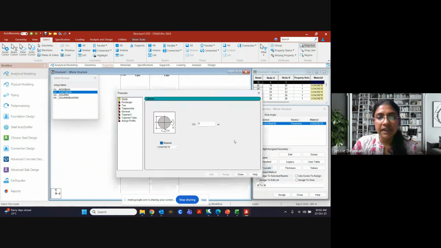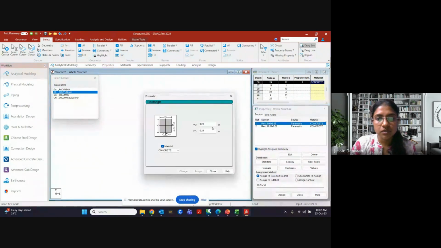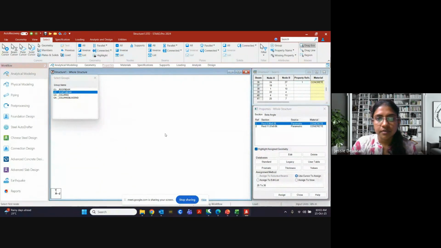Plinth beam we will give 230 by 300. YD will be 300 and this will be 230. Add, assign. Now here also, okay, close.